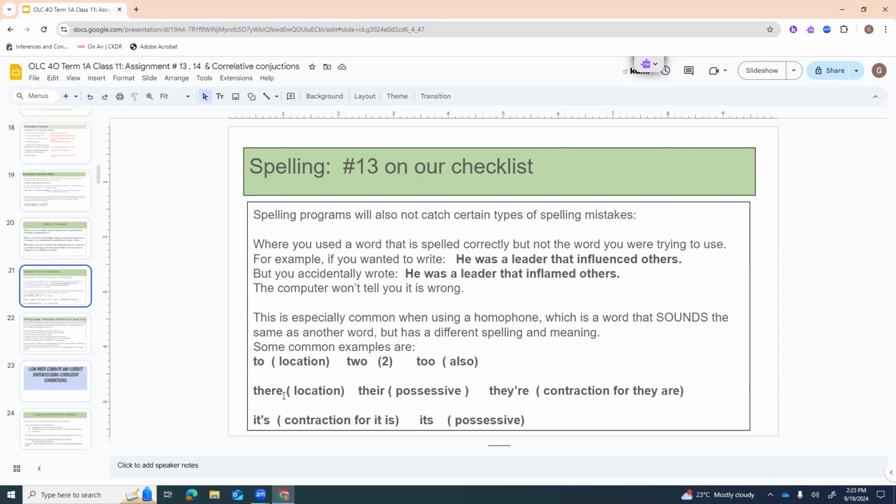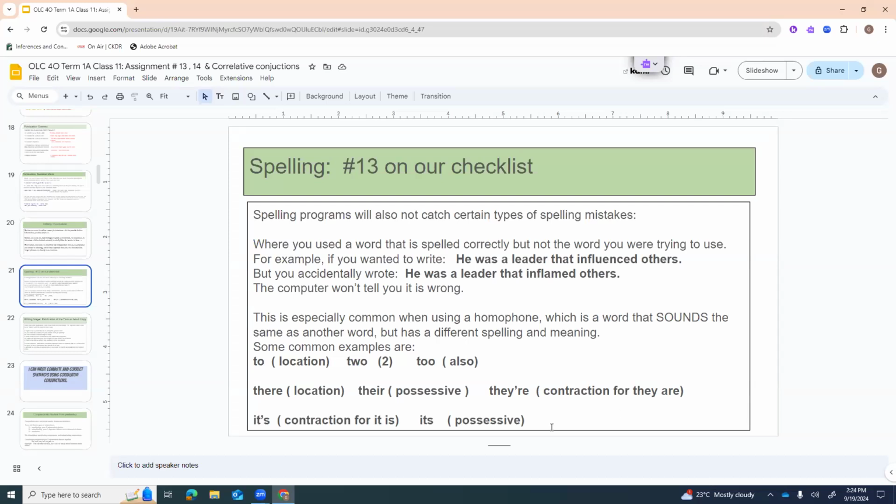And then there's three versions of the word "there." If it's spelled T-H-E-R-E, that's location, like my brother's over there. I always picture somebody pointing for that one. T-H-E-I-R is possessive, like that's their car, it's their house. And T-H-E-Y apostrophe R-E is a contraction. It's a short form of the two words "they" and "are," and there's a little apostrophe showing that the A